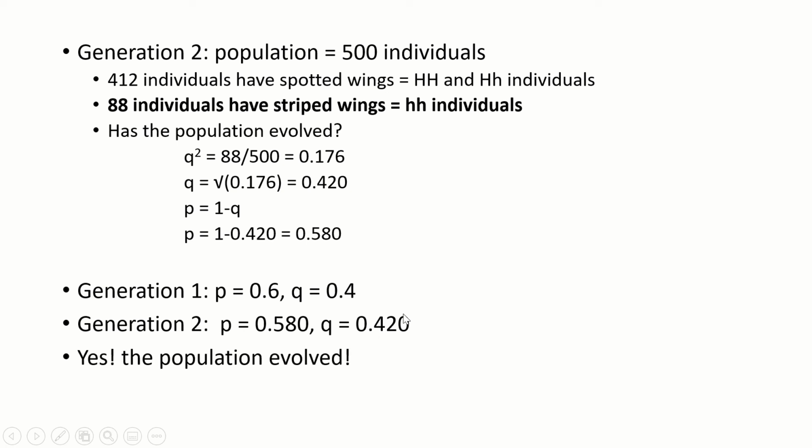This population has evolved. Ta-da! We did math and we saw evolution happening. Is this big evolution? No, it's tiny. It's probably not even noticeable. It could go back the next generation. Over like 5 generations, 10 generations, this could be fairly stable. But from one generation to the next, we did see a tiny little change. That tiny little change is the main ingredient in evolution. Add up a bunch of tiny little changes all going in the same direction, and we end up with big